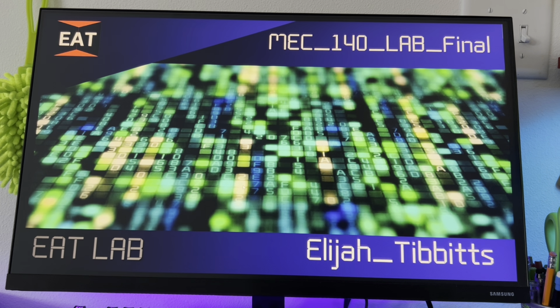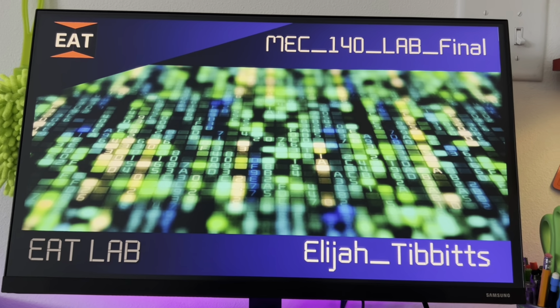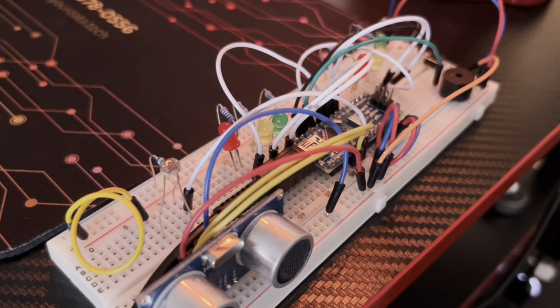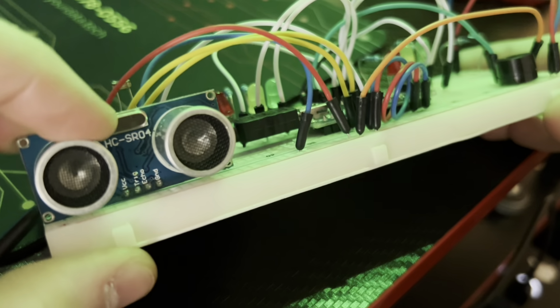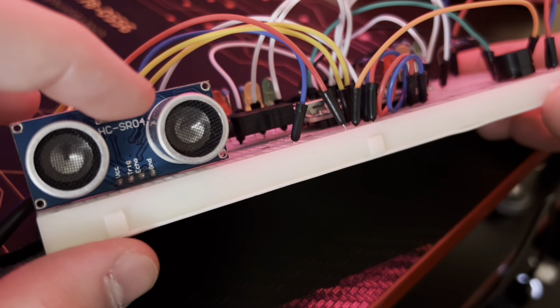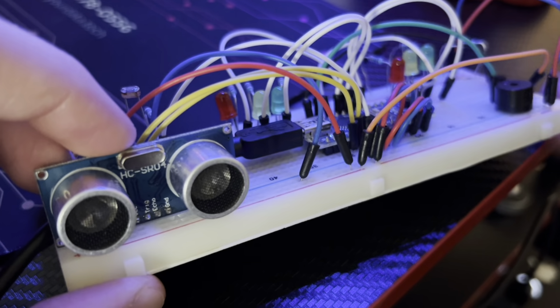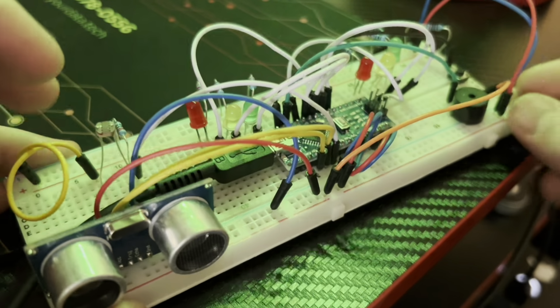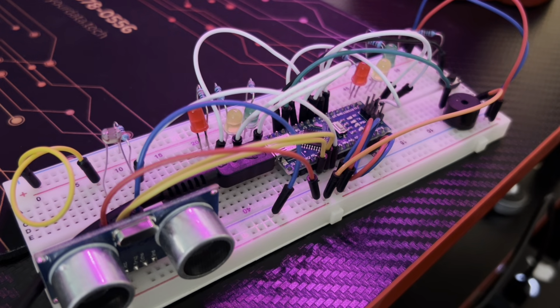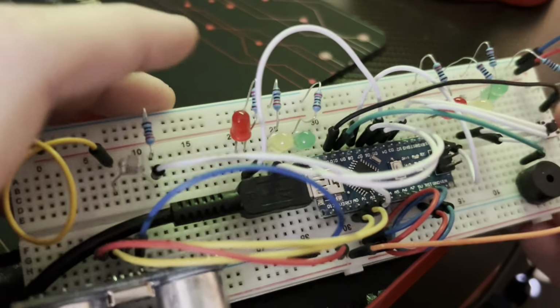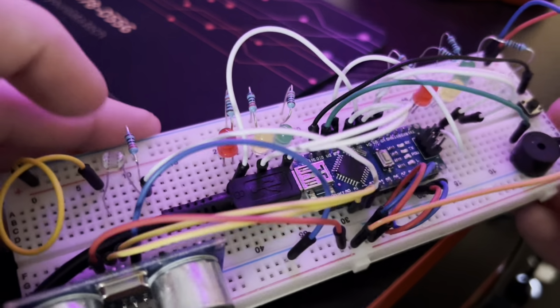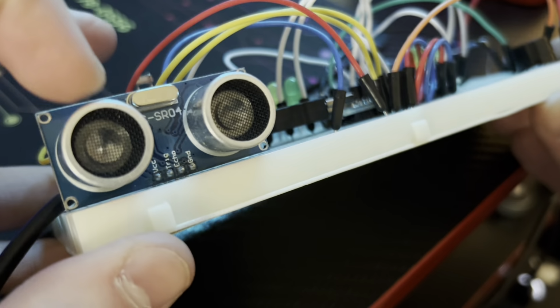So, this final is working on, let me move the camera, basically a simulation of a factory. This is mostly a visual simulation of coding and what you'd see in a control room or control monitors, stuff like that. So we're going to do a lot with serial print on the Arduino IDE. I also do have some LEDs to simulate it, and for each of the 3 stages that it goes through,